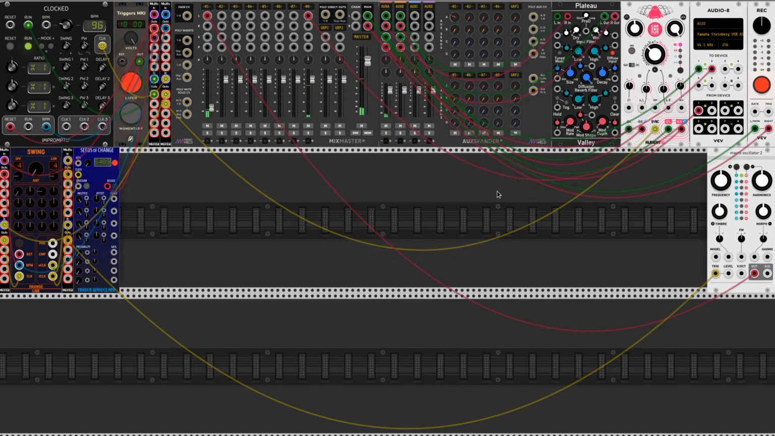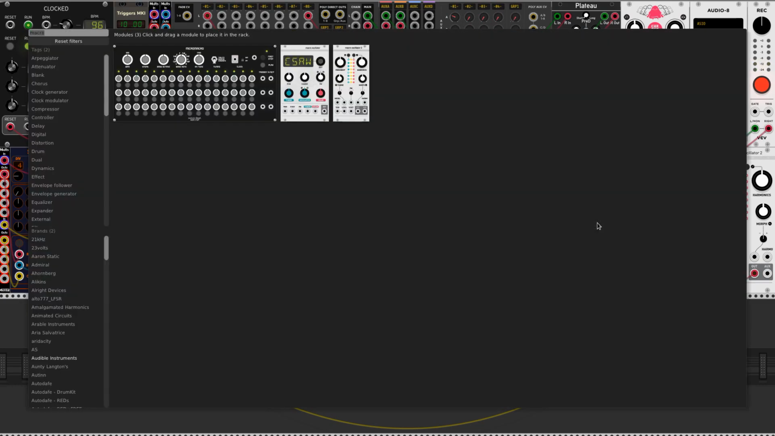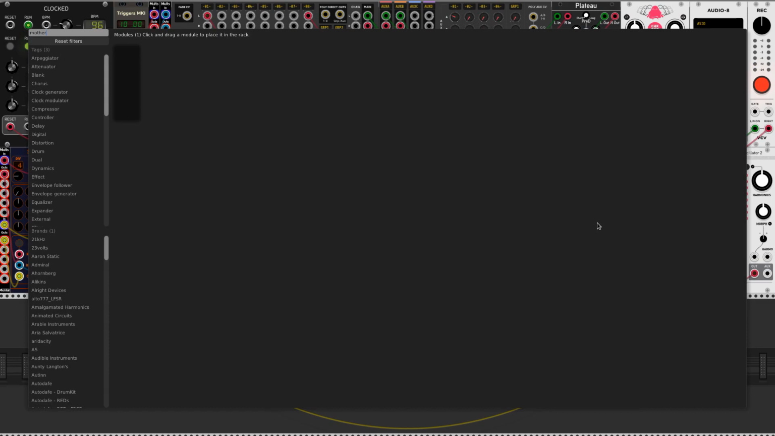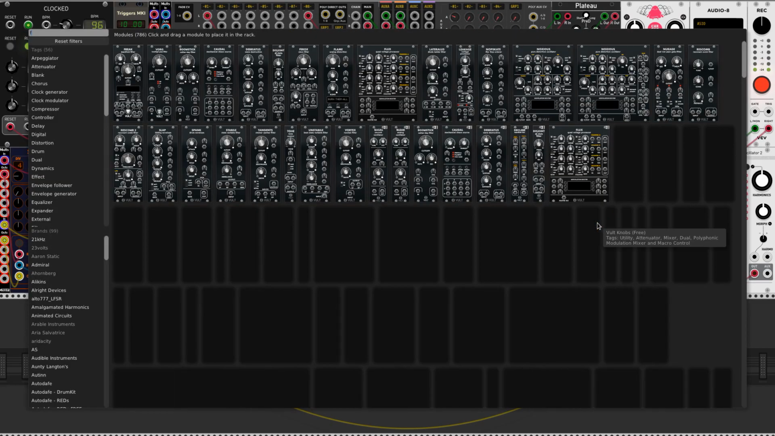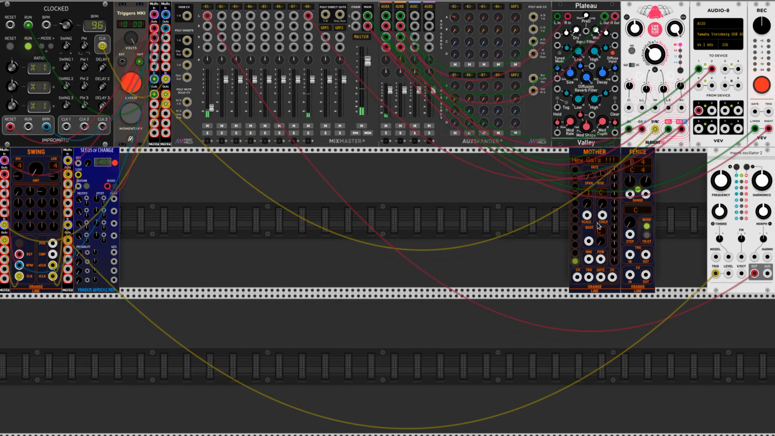Okay, so what we want to do is to create a chord broken up into single notes, and to do that I will use Mother, and I already know that I will need a fence to control the pitch range to not be from -10 to +10 volt here. Okay, so